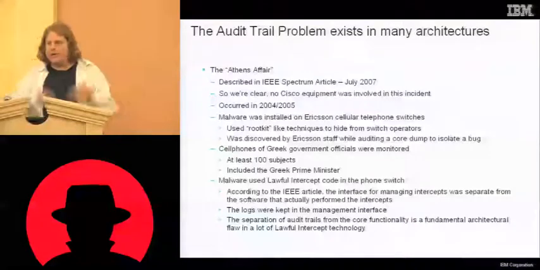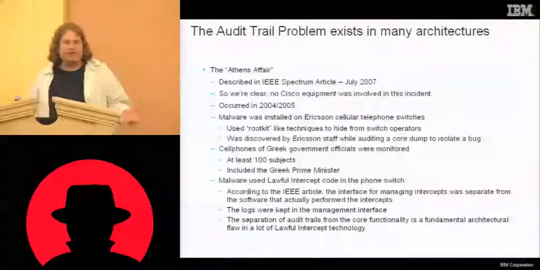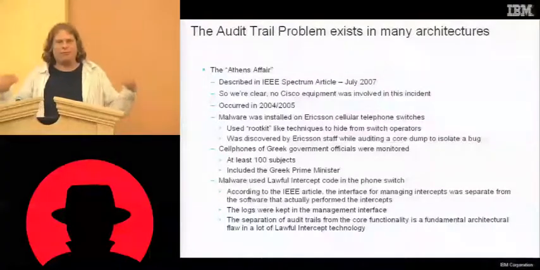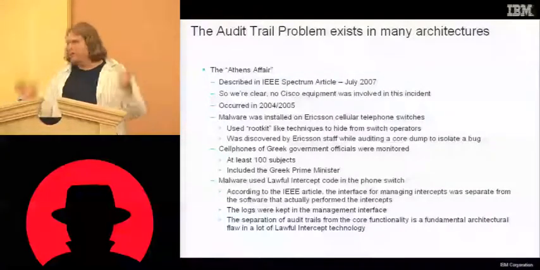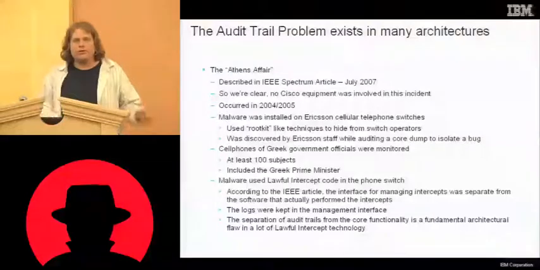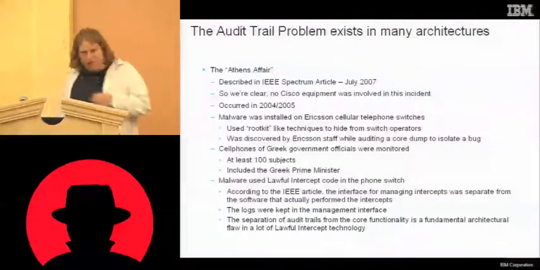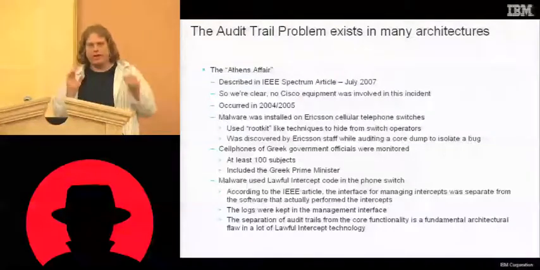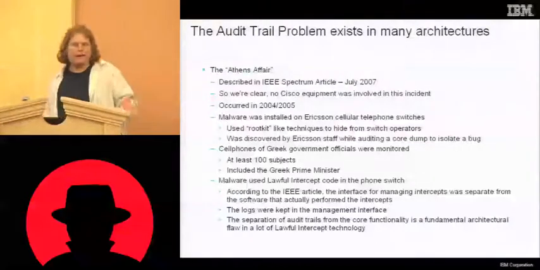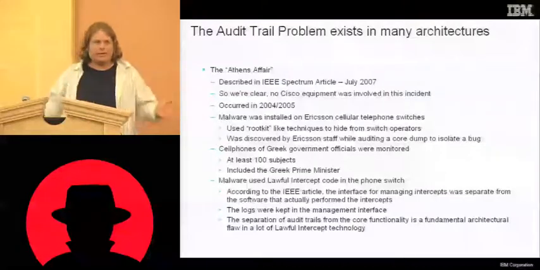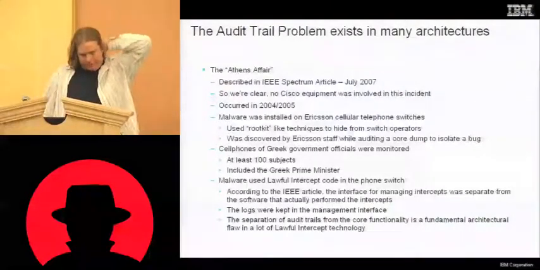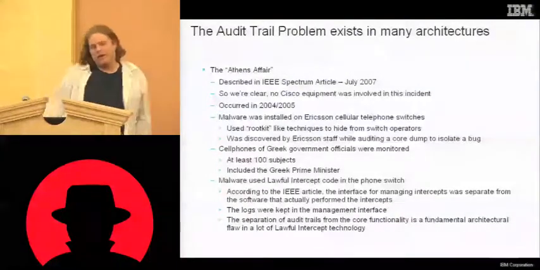Right? DHCP servers have audit trails. SMTP servers have audit trails. Every kind of computer system that we have audits the activity that the users are engaged in. But this is different. In this case, the user can turn the logs off. And it seems that a bunch of different lawful intercept technology that is completely unrelated technically has this same architectural feature. So there was this article in IEEE Spectrum back in July of 2007, which is very interesting, which involved